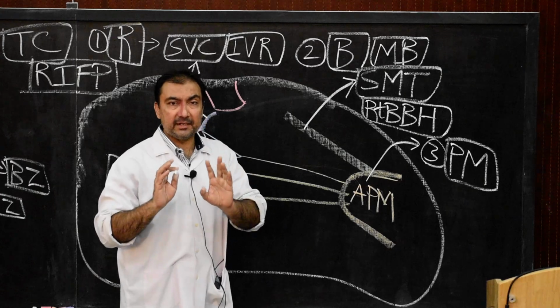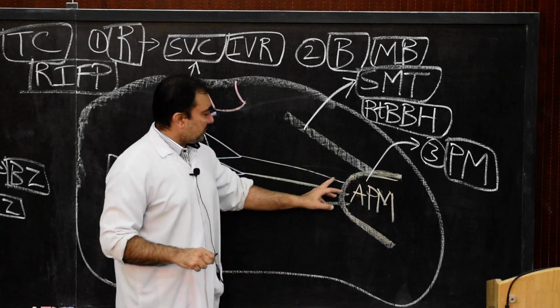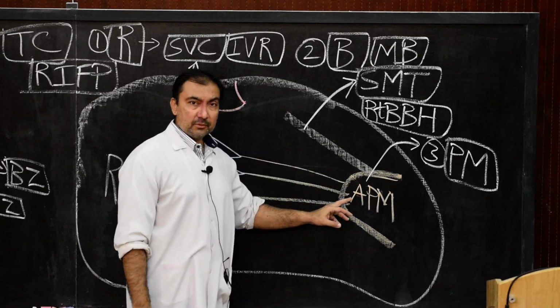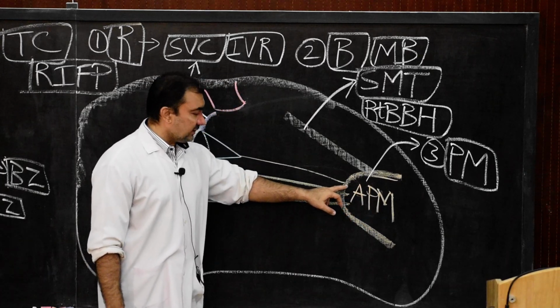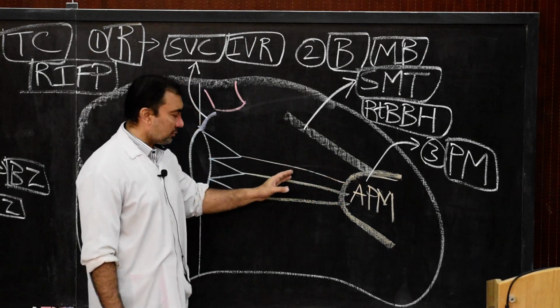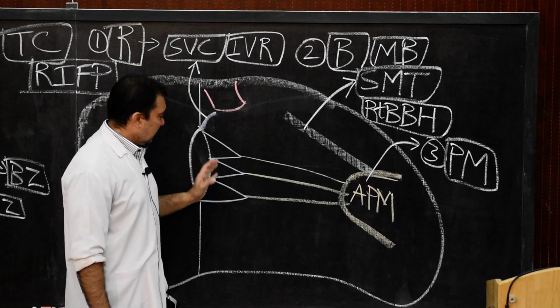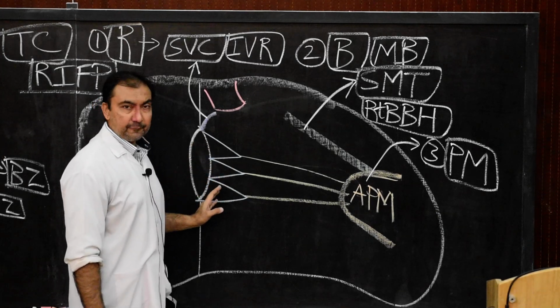Usually there are two papillary muscles, anterior and posterior. Now these papillary muscles, as we know, their apical 1/3 will be connecting the chordae tendineae. They will have attachment of chordae tendineae, and through this chordae tendineae they are attaching with the ventricular surface of the right atrioventricular valve orifice.